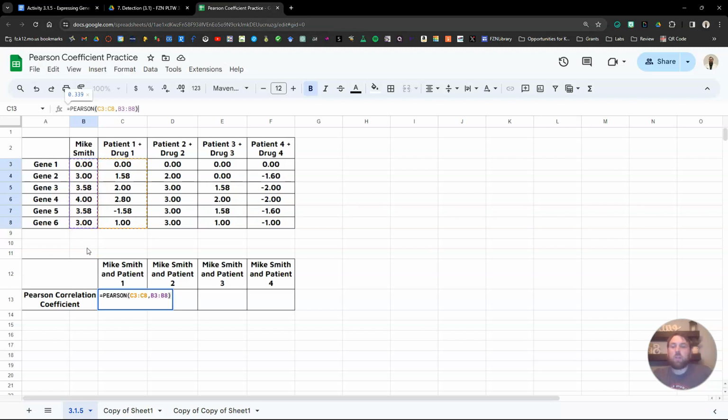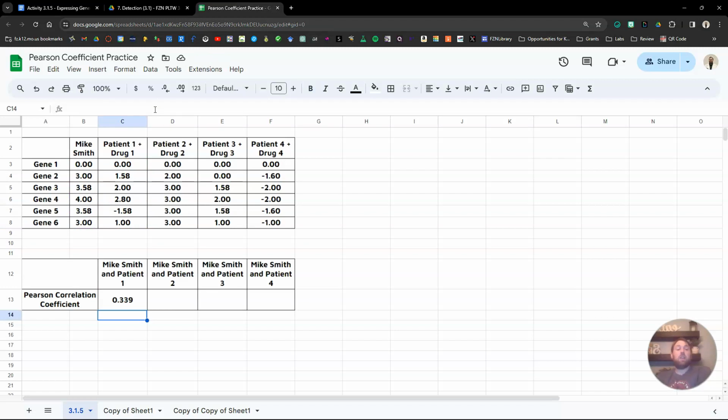I'm going to close the parentheses. I'm going to double check my numbers here and make sure that each of these have the same start and finish point. They both start in cell C or cell 3 and end in cell 8. One is in column B, that's Mike Smith. One is in column C, that's patient 1. Things look good. I'm going to hit that enter button, and it now gives me a Pearson correlation coefficient that